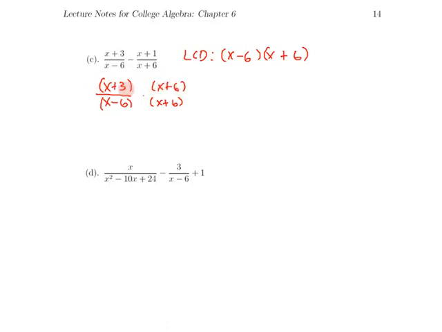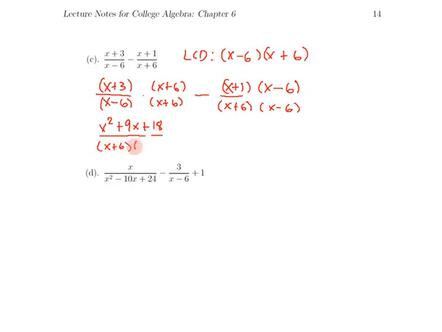If I do it to the denominator, I have to do it to the numerator. Now I've got to multiply the entire numerator by this new factor that I've inserted, and that means I'm going to have to FOIL whenever I multiply this out. Subtract. I have an x plus 6 on bottom that I need to multiply by an x minus 6. So x plus 1 has to also be multiplied by x minus 6, because that's what's missing. So if we now distribute across the top, we have x squared plus 9x plus 18. All of this divided by x plus 6, x minus 6,